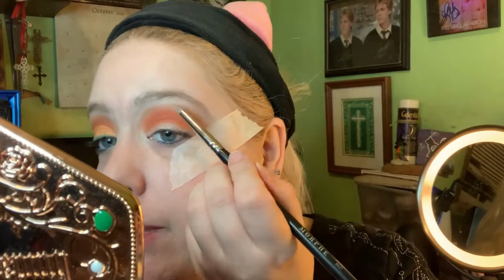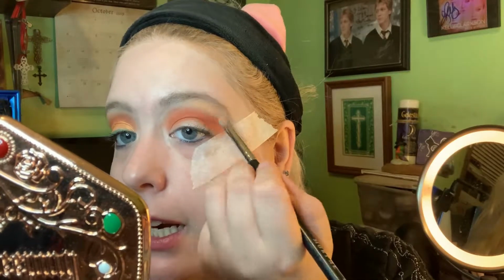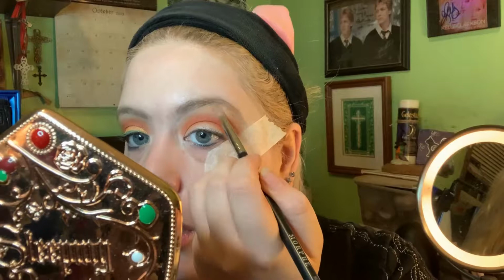So for under my brow bone, I'm just going to take a little bit of the color Zested on a pencil brush. And I am just going to apply it to my brow line. And it is rather orangey, so what I'm going to do is I'm going to also